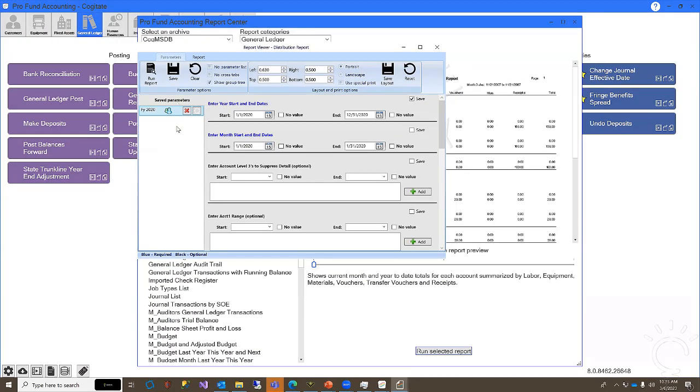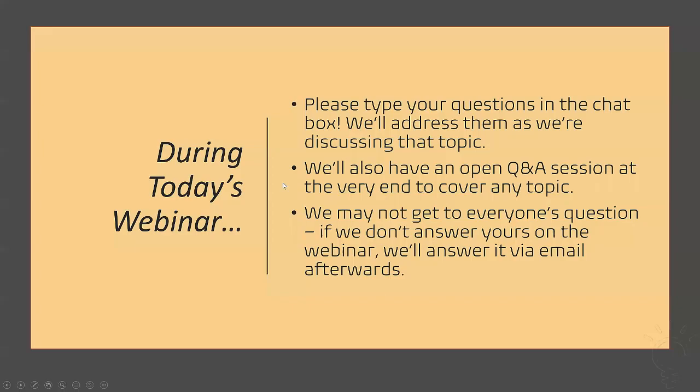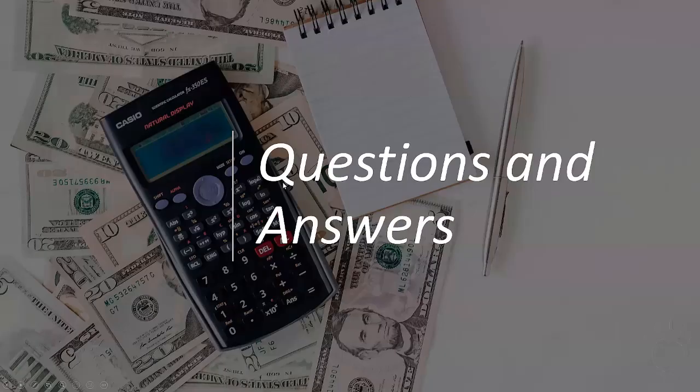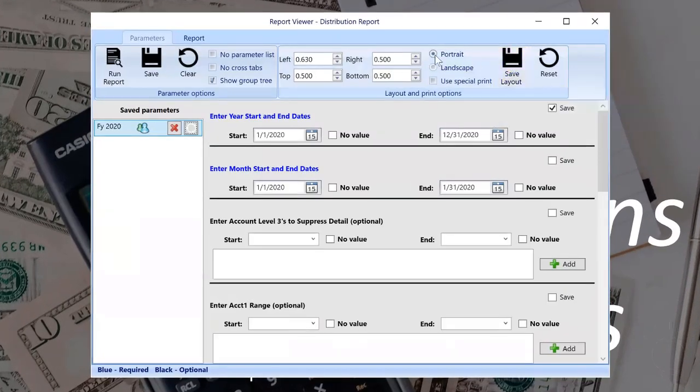All right, so now any questions about anything? Did you want to cover save layout as well as just save? Save layout means if I wanted to change this to use landscape or special print or any of these buttons, and I had saved the layout. The problem with save layout is, first of all, it's only for your machine. It's not global. So if I change it here, it's not changed on anybody else's machine. And second of all,